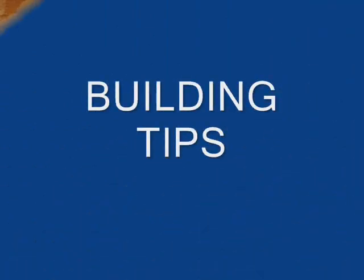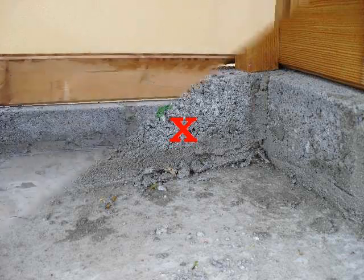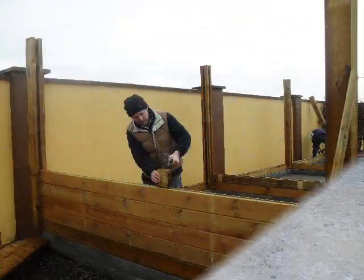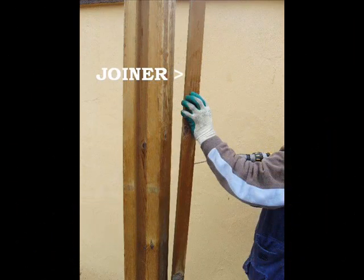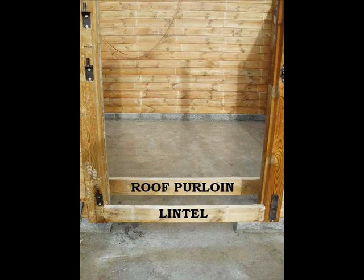Building tips. Always check the timbers are resting flush on the concrete plinth before continuing your build. Always ensure that your wall planks are tightly fitted together. When assembling walls, inside joiners can be fixed when walls are complete, thereby enabling an easier and quicker build. This is however optional. Again, remember to lay out the door lintel and purlin